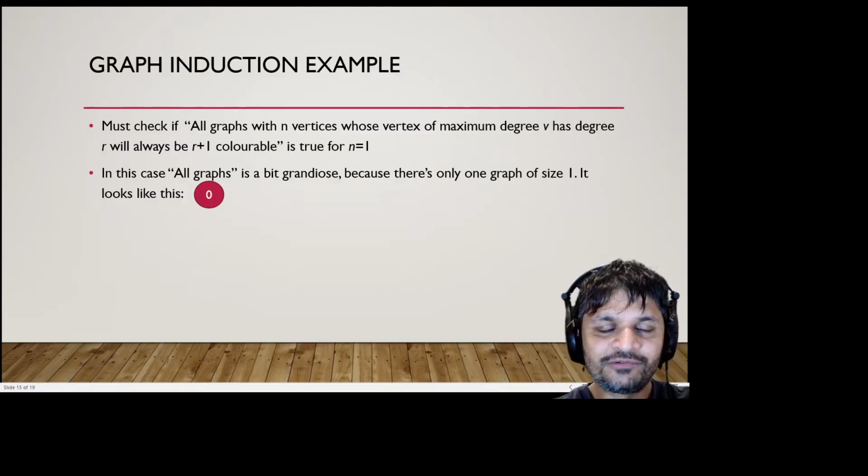Then, instead of trying to prove this result for an infinite number of graphs and, you know, up to graphs of infinite size, which would have been impossible, we said, let's just prove that if it's true for size k, then it's true for size k plus 1. And that kind of spread like a meme and meant that every graph was eventually sent the meme, or given the truth property, if I can put it that way.